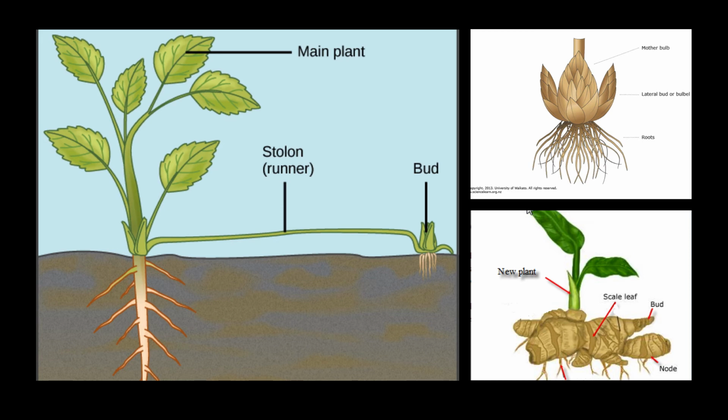In the bottom right is a tuber. Now, tubers utilize horizontal rhizomes that are enlarged and store root nutrients, and they can grow buds that form entire new plant shoots off of them and out of the ground. Examples of tuber plants would be potatoes, carrots, turnips, and